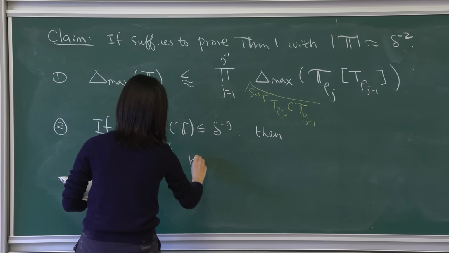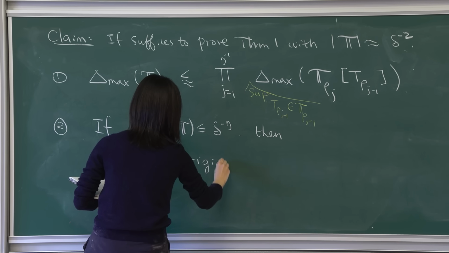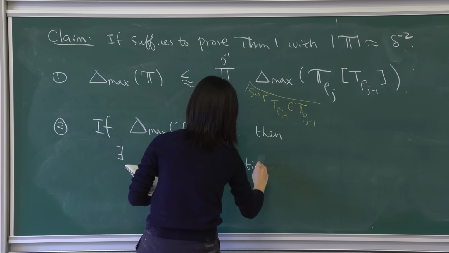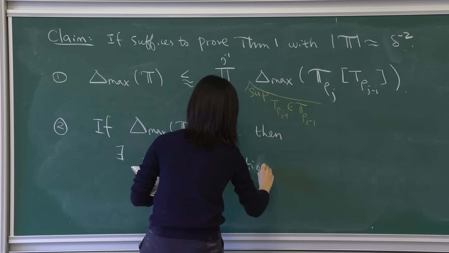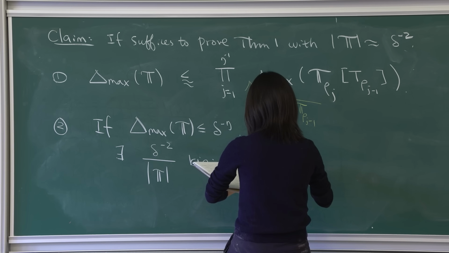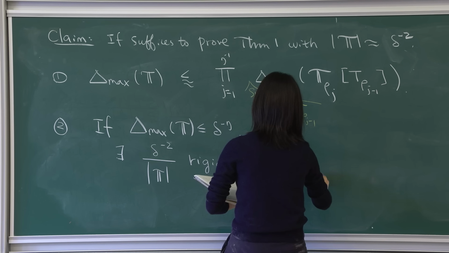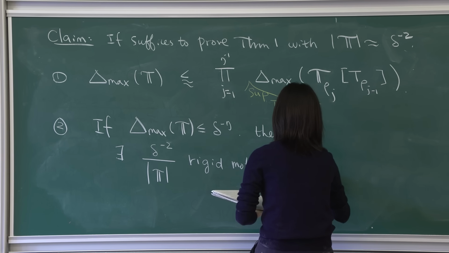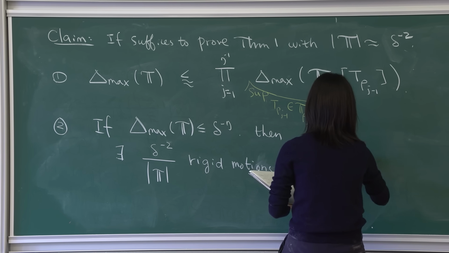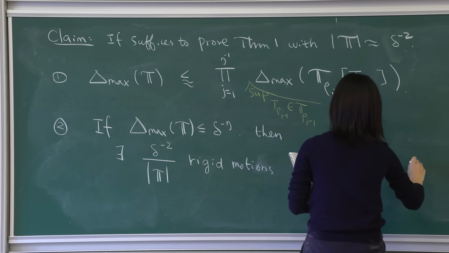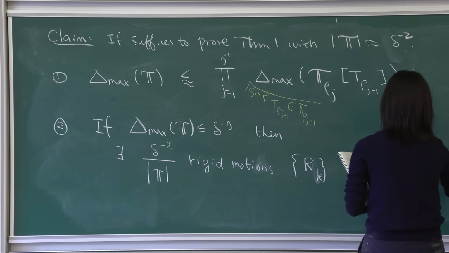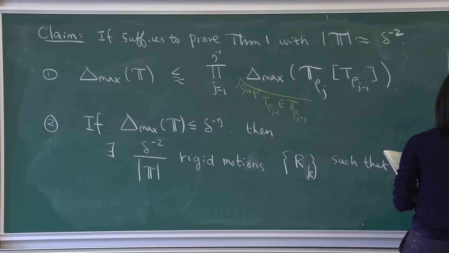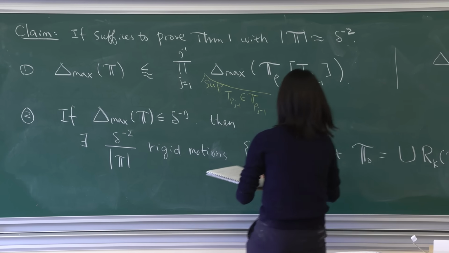This many rigid motions, Rj, maybe I shouldn't use J, Rk, such that if we take T0 to be the union of Rk T, then